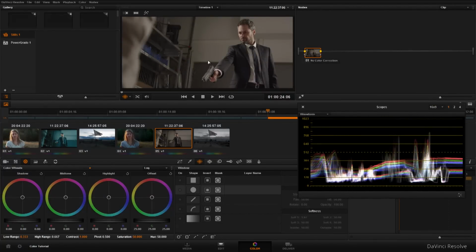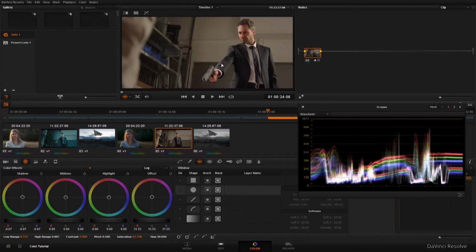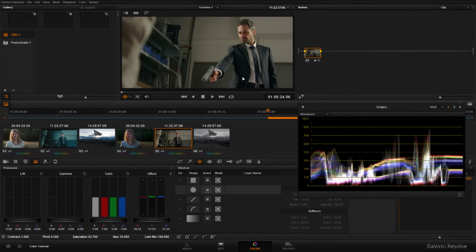Okay, so first we've got to do some color correction. Bring up the exposure a little bit here. Let's drop down the shadows just a touch. And if we bring in some saturation to the image, you can start to see it looks like we've got a bit of a red cast, and you can see that on the waveform. The red channel is sitting up on top of the other stuff. So if we use this option here, we can just click down the offset of our whole red channel just a little bit. And if you do that, you'll see it really start to balance out,